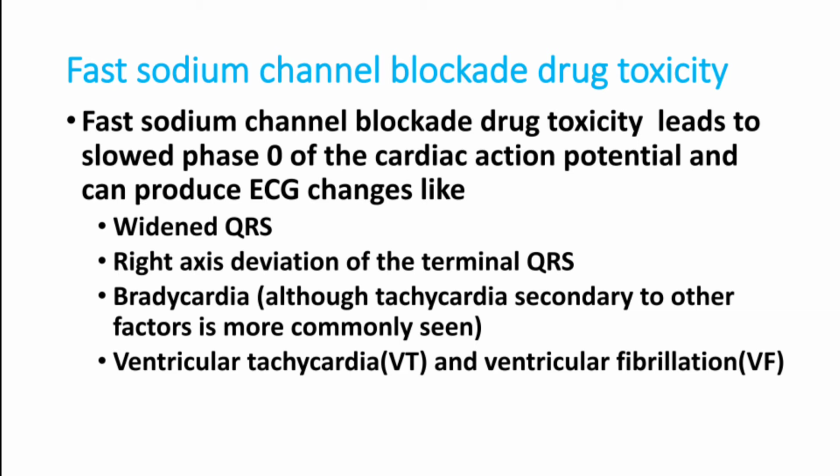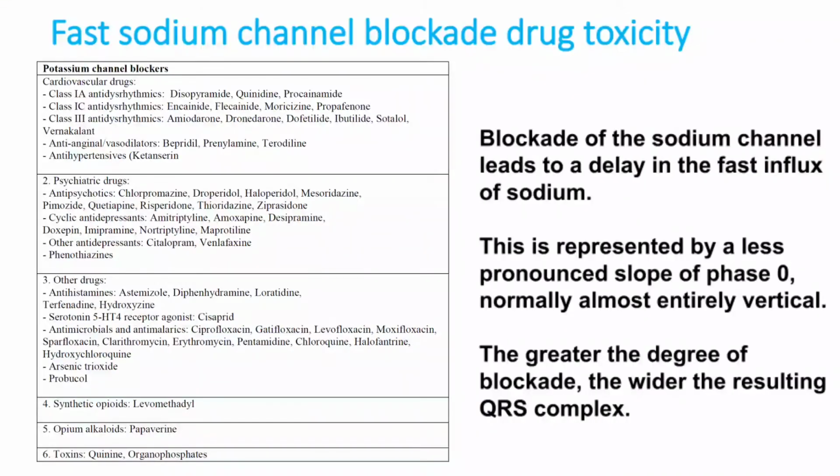The commonest finding we see in the emergency room is a wide QRS complex. Normally you know that a narrow QRS means the QRS should be less than 3 small squares in the ECG. If it is wider than 3 small squares, we have to suspect a wide QRS complex and related drug toxicity when you are suspecting toxicological aspects of the drug.